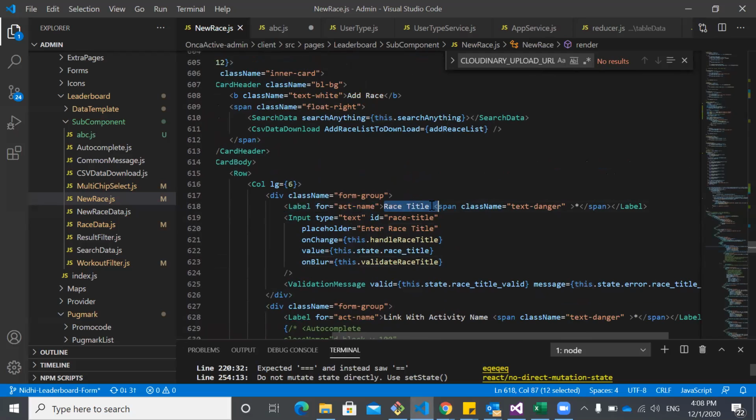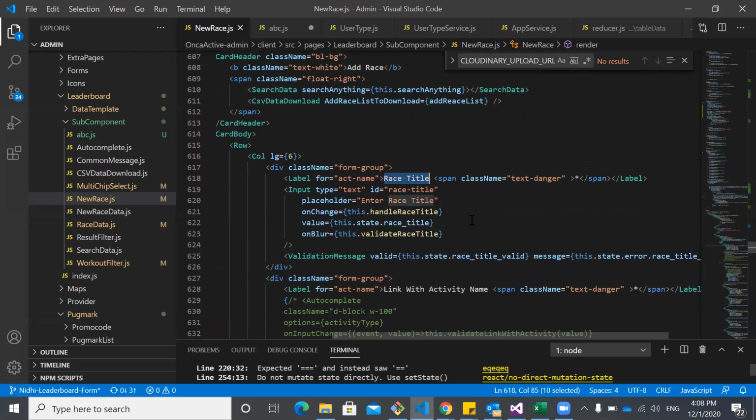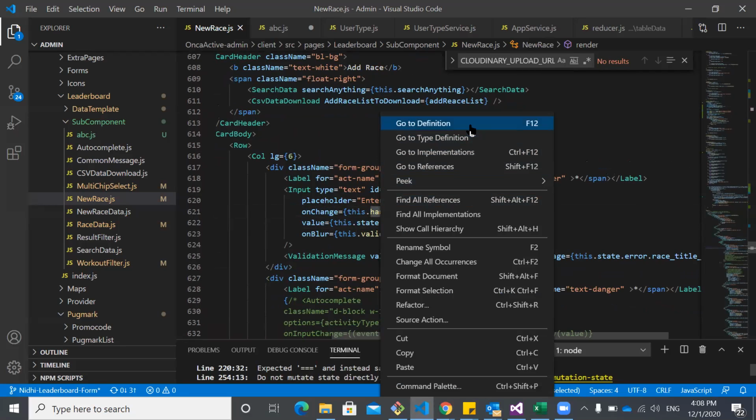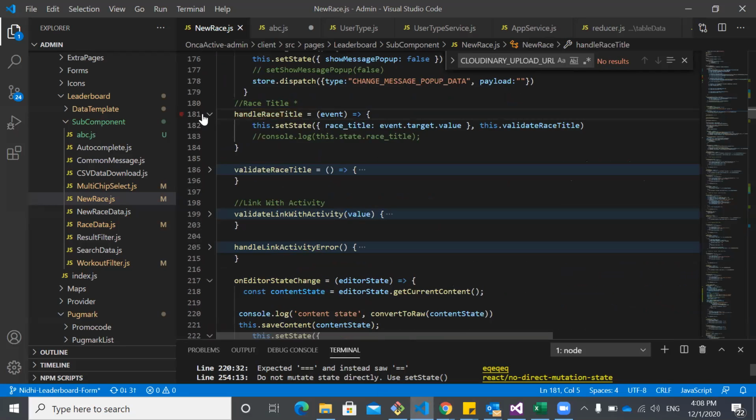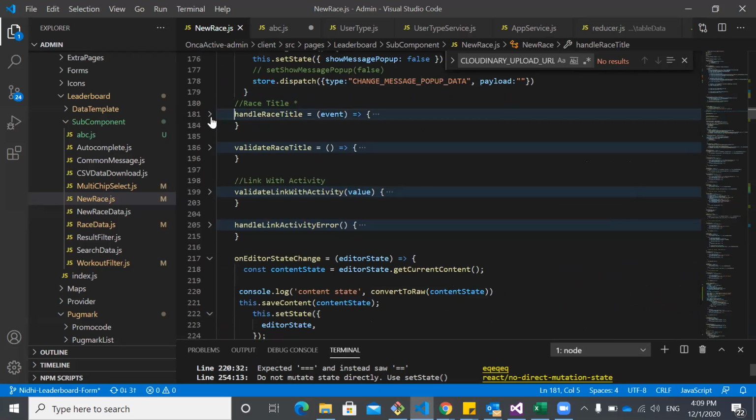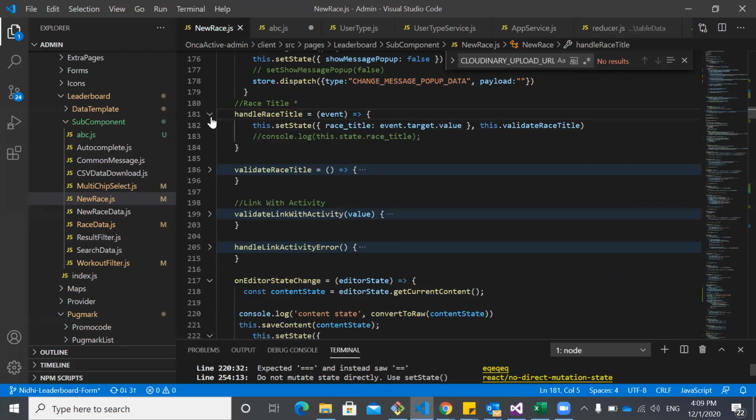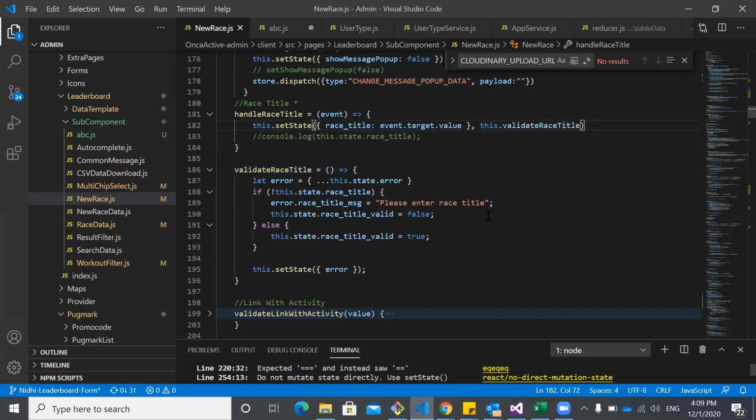Rest title is here. So for that we have to give form validation functionality for the rest title. We have given on-change functionality, and a method is written for this rest title. Here we are checking whether the name we are entering for the rest title is present or not. After that, we are setting that rest target value in the rest title. After that, we are calling another function, validate rest title. Under that, we are setting a particular error message.